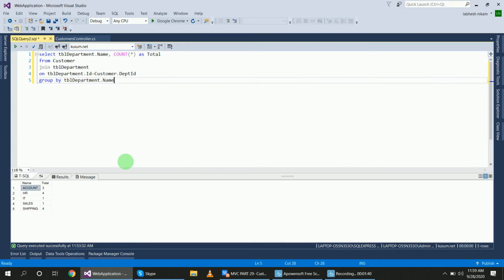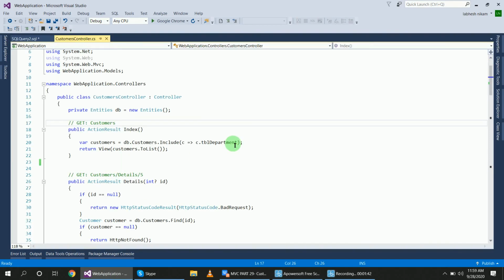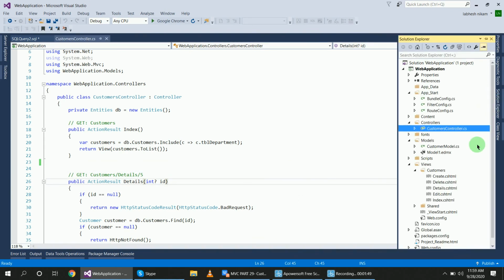Let's see. This is my application, and I have this controller. First I will create one class in the model.